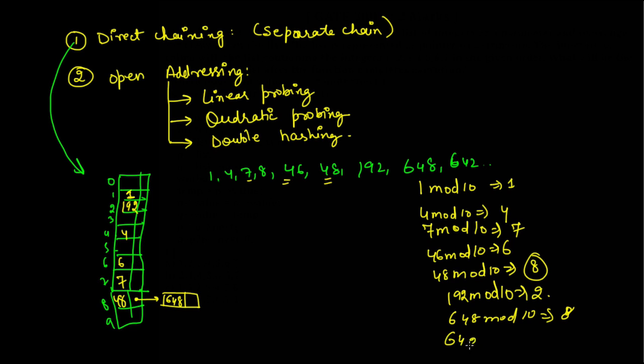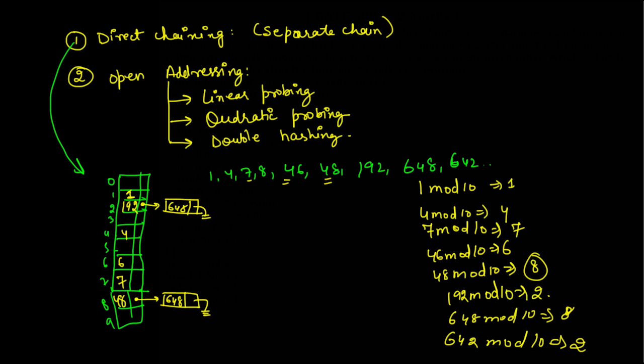If you do 642 mod 10, we get the number 2. Therefore we have to store 642 at this location, but 192 is already present at this location. Therefore we are going to store 642 like this by creating a node here. Anytime there's a collision in this direct chaining technique, what we are going to do